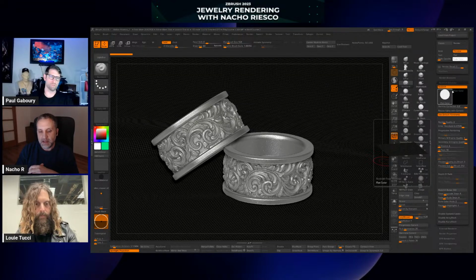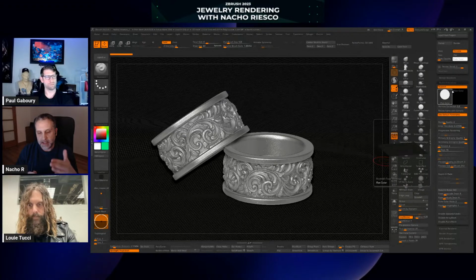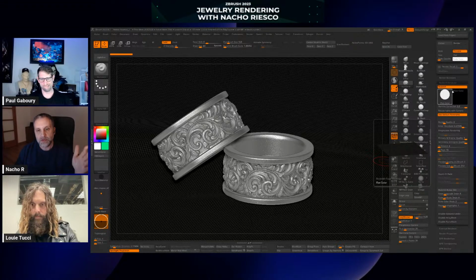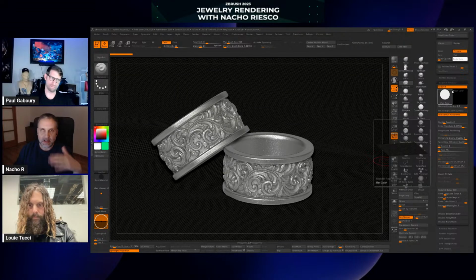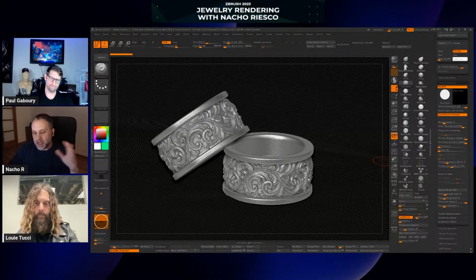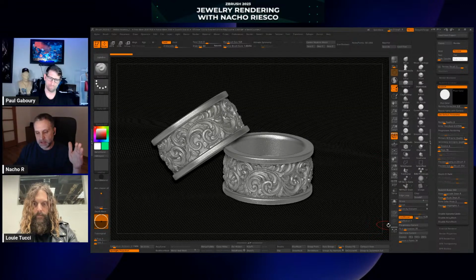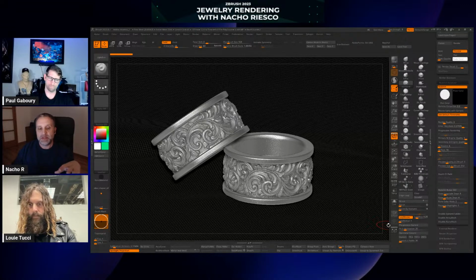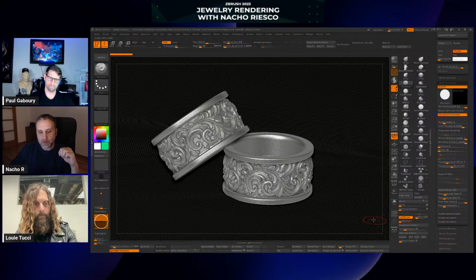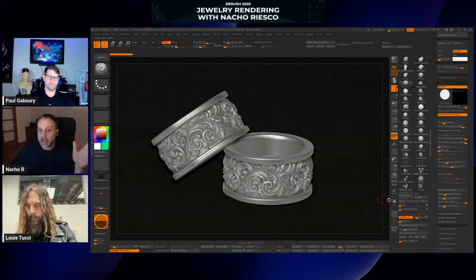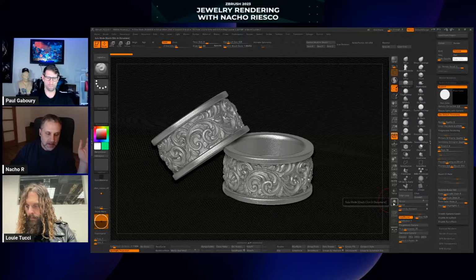I'd always say that ZBrush is also a very powerful tool for sketching. It's not necessary for us to always be thinking about the final piece. The sketching process is very important in ZBrush. The freedom you have inside ZBrush for creating forms and shapes very quickly is a very powerful tool for sketching, compared with the traditional CAD software that the jewelry industry has,